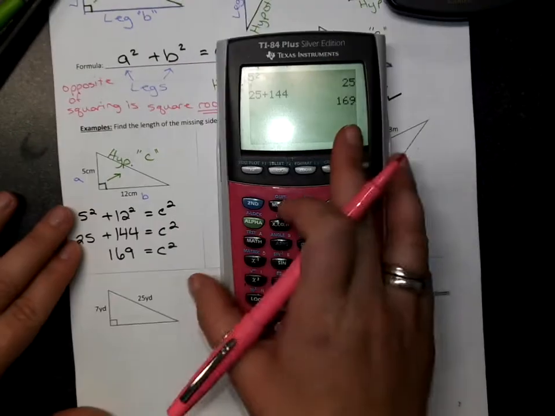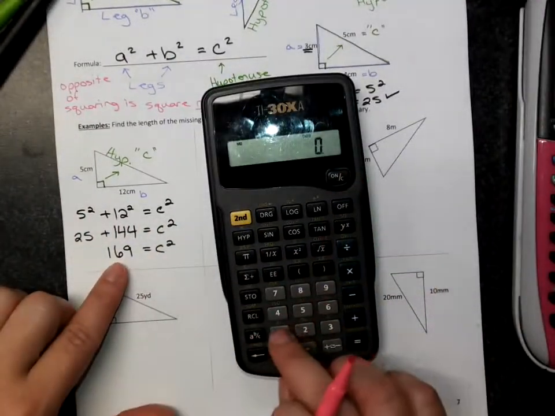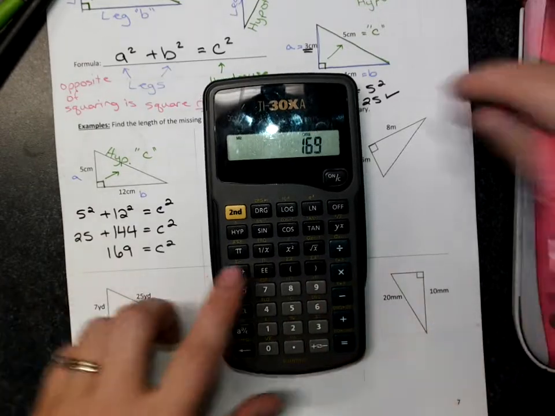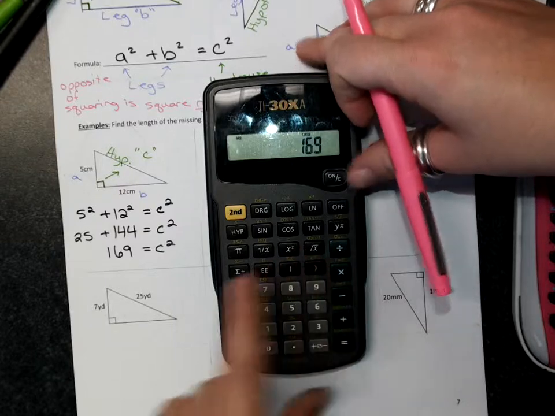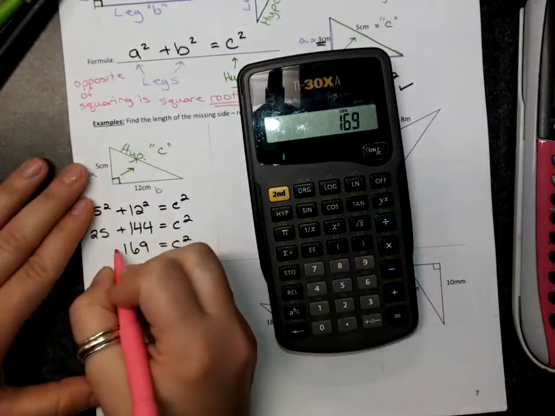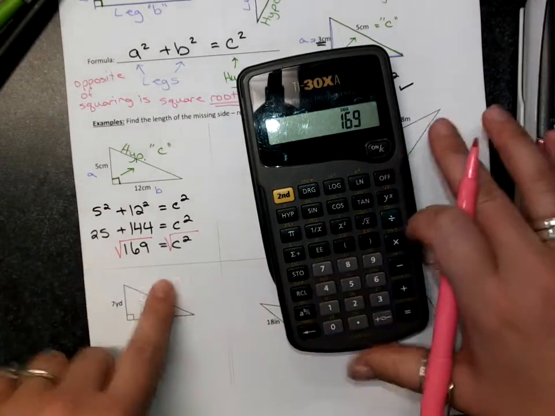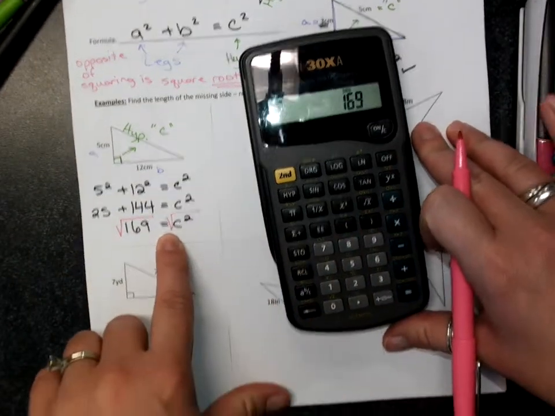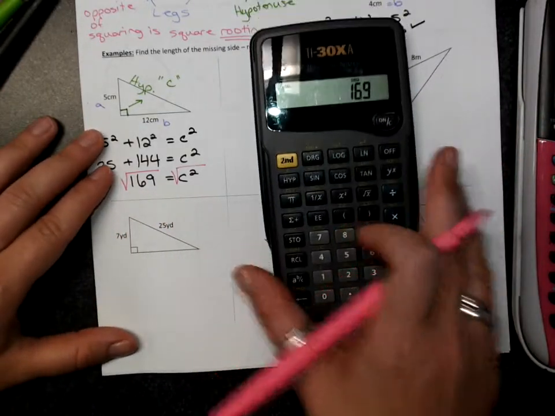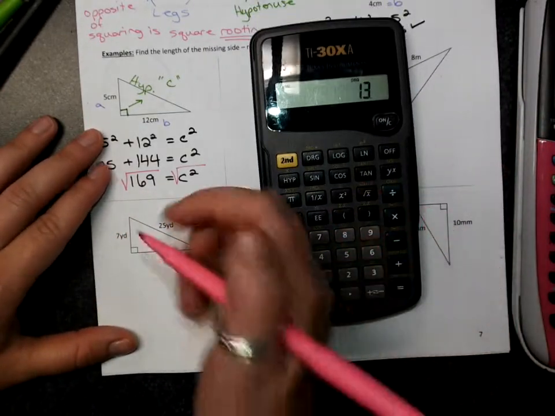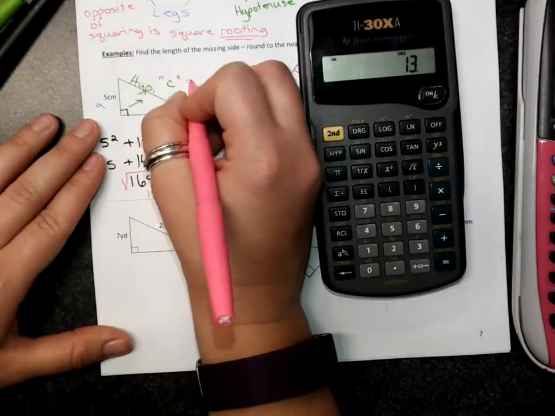Now some of you might be familiar with this. On the smaller calculator, when you have 169, the button right next to x squared is the square root key. The square root looks like a division house with an arm on it. It has this little arm at the side. That is the symbol for square rooting. So if I push that button, it will square root 169. And so my answer is 13